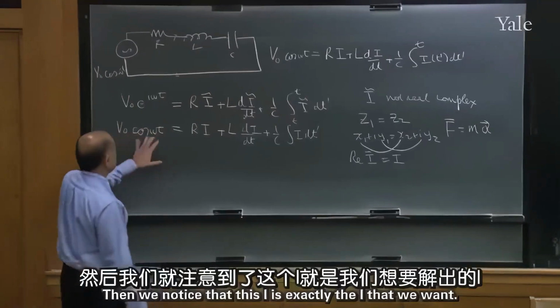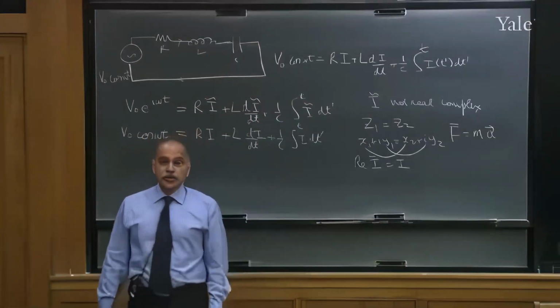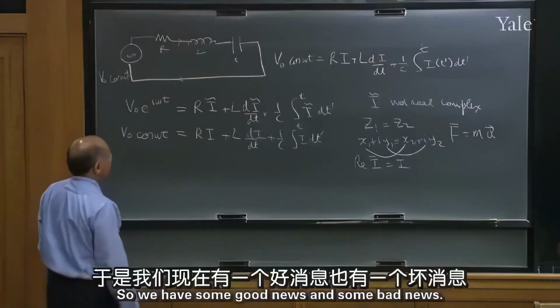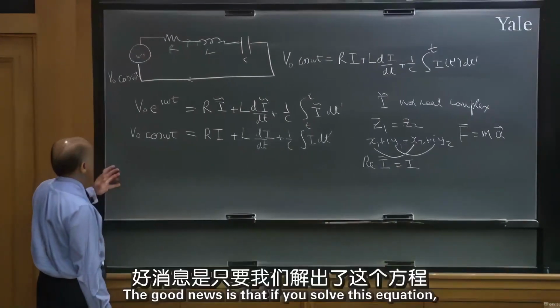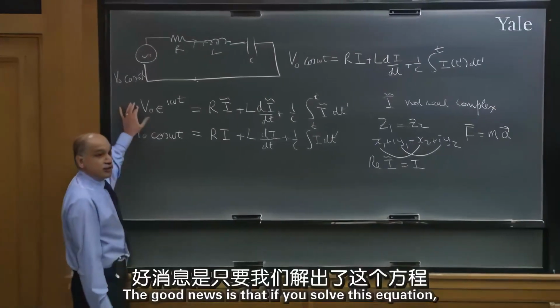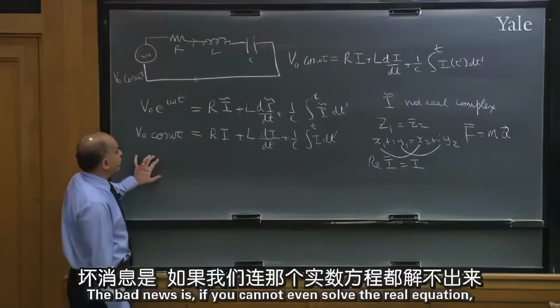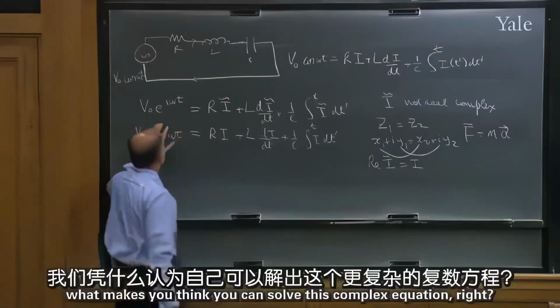Then we notice that this I is exactly the I that we want. It satisfies exactly the equation we want to solve. So we have some good news and some bad news. The good news is that if you solve this equation, you have also solved this equation. The bad news is, if you cannot even solve the real equation, what makes you think you can solve this